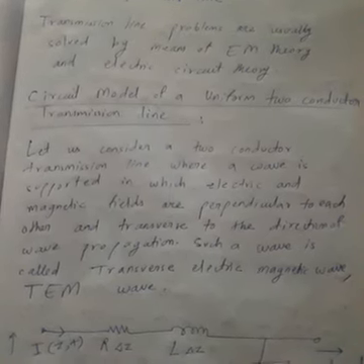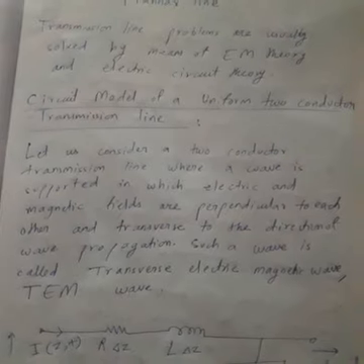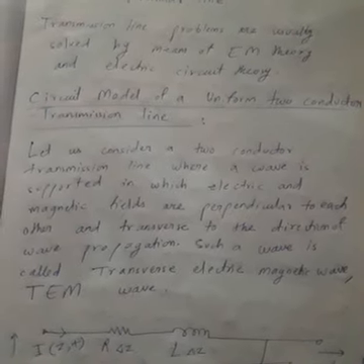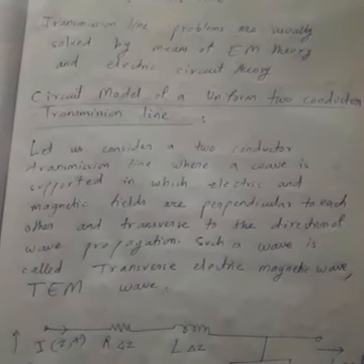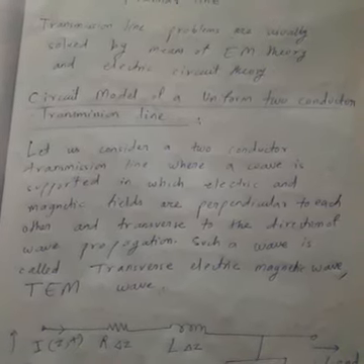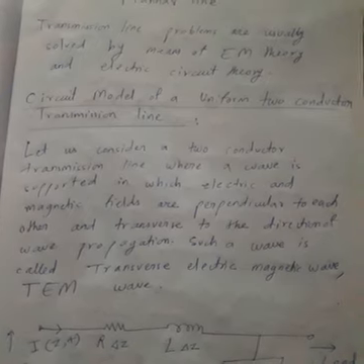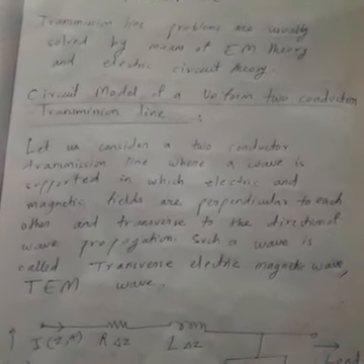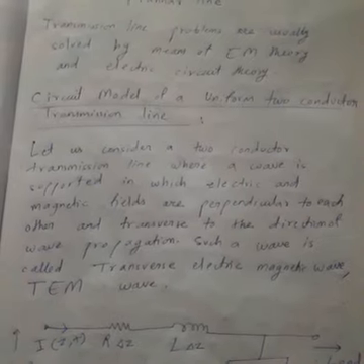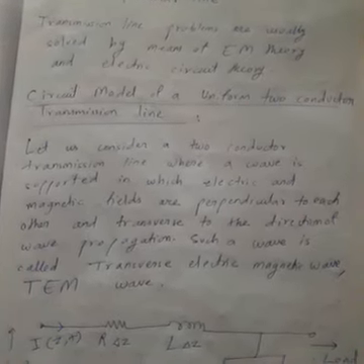While considering a transmission line, we have taken an extra case, that is, the electric and magnetic fields are transverse to the direction of propagation. That means the direction in which the wave is going, or the signal inside the transmission line is going, the direction of the electric and magnetic fields is transverse to that direction.